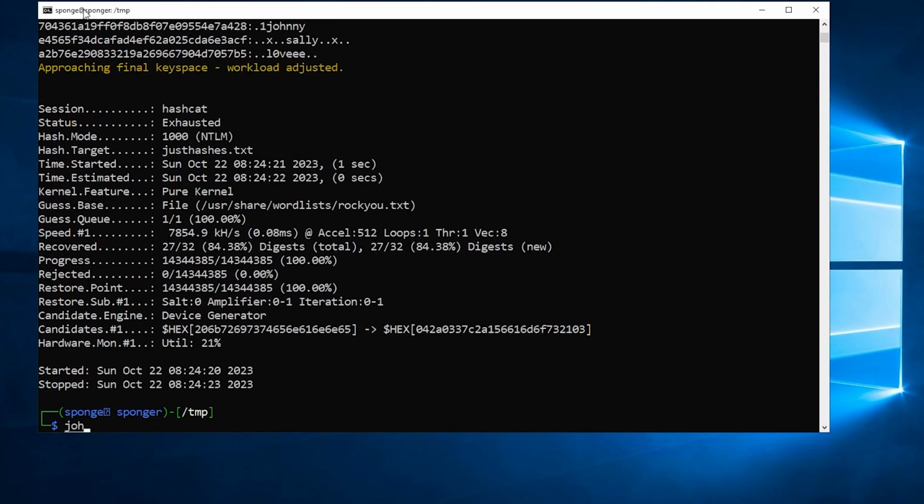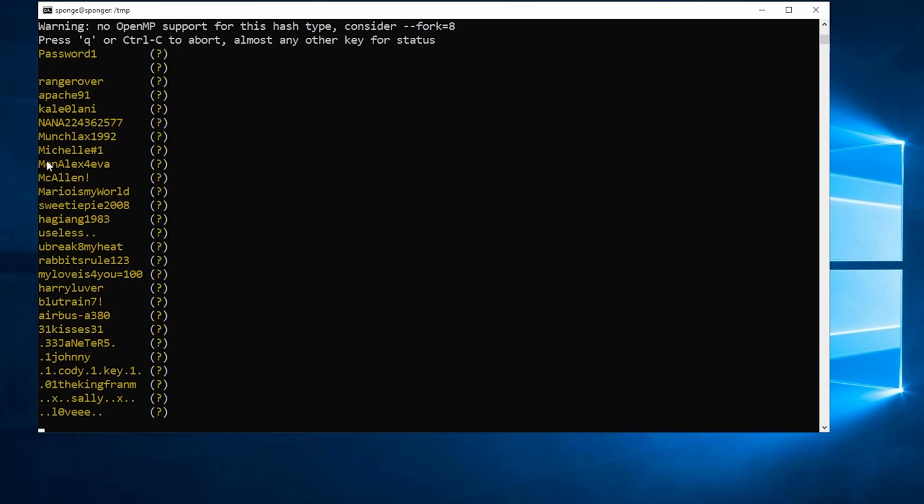Next up, let's fire up John and we will specify the format as NT and then set the word list to the RockU file again. The syntax is a little bit different here, but after a few seconds, as you can see here, the passwords will start showing up. As you can imagine, we can get creative with the rules and so on to make it more effective. Comment down below if you have some crazy idea that might help us in identifying more user